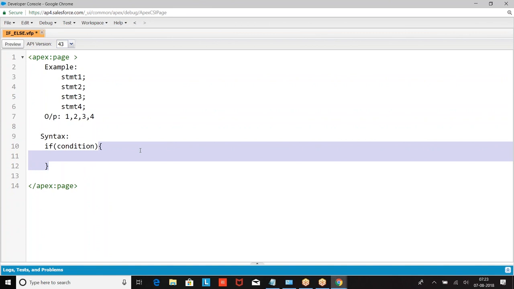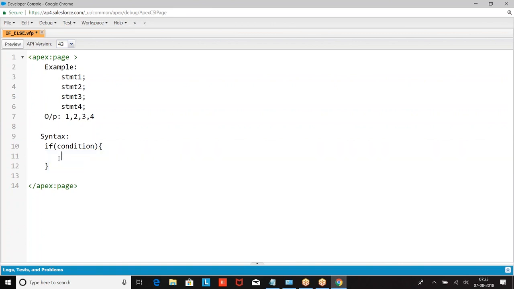When the condition is true, run the scope; when the condition is true, we are going to execute the logic. Let us see the example here: if, statement 1, statement 2.